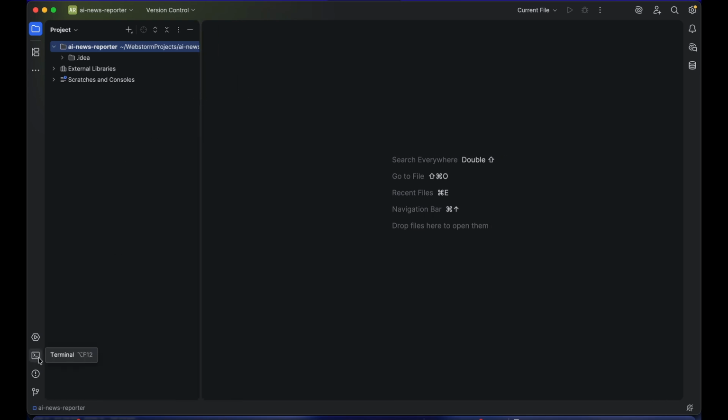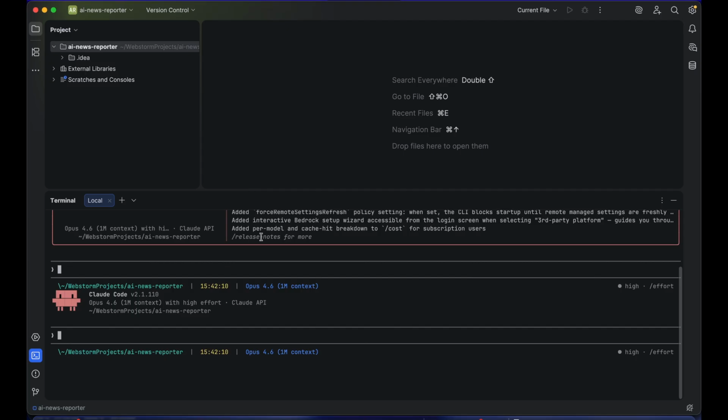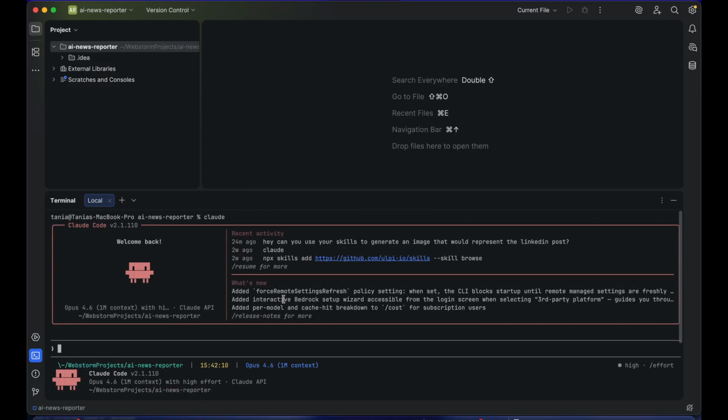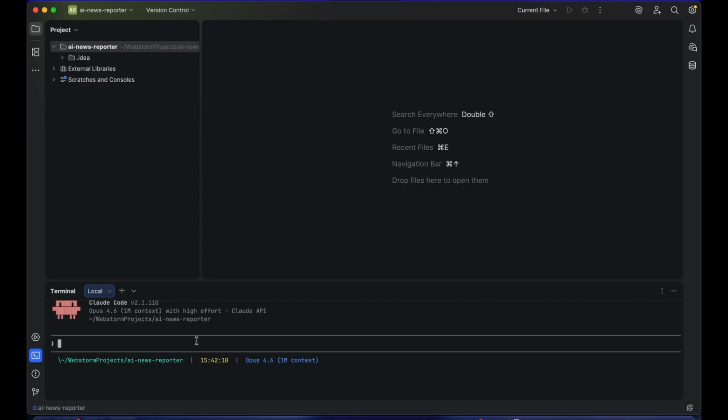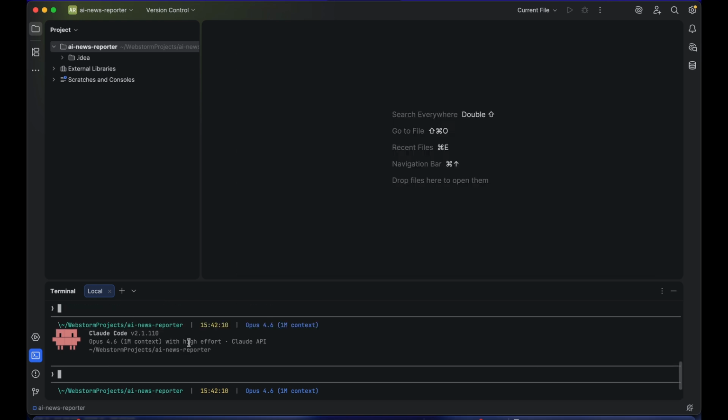Cool. Now, first of all, Claude. And as you can see, Claude is up and running. It's ready. And you can actually see a little bit of your activity and so on here. And Claude is up and running. Now, there are two ways that you can start doing this. You can either type everything manually one by one, or